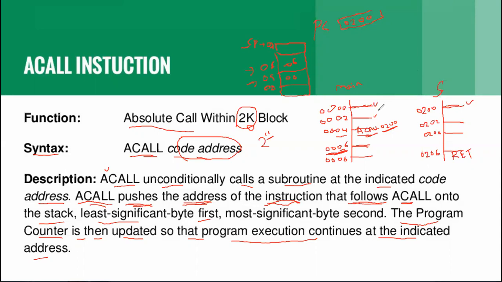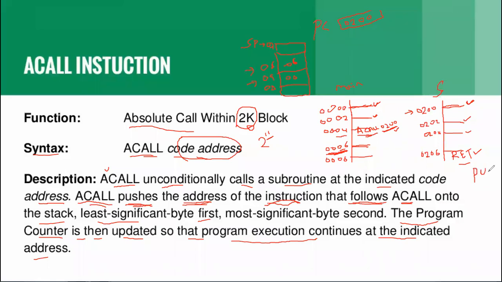So here in the main program, the first one is executed, the second one is executed, the third one is executed by storing this address onto the stack, and the ALU jumps to 0200. So this instruction is executed. This instruction is executed in the subroutine. The third instruction is executed. Then the fourth instruction will be executed. What will this fourth RET instruction do? It will pop.